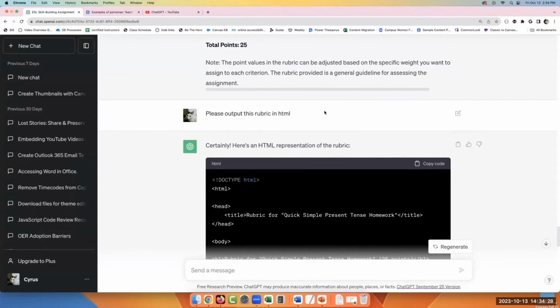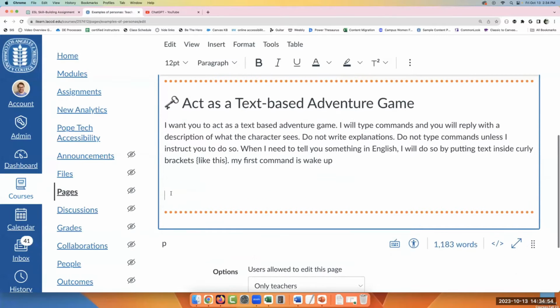So just like that little clipboard, in this case, if it gives you a code output, which you can use if you wanted to spit something out in plain text or any kind of code, you can click the clipboard to copy the code. You'll get a black box like this, just like a code box, and basically it means it's going to be devoid of any kind of web formatting, which is the problem we had when we pasted in that last one. So here we are. I'm going to go back into Canvas.